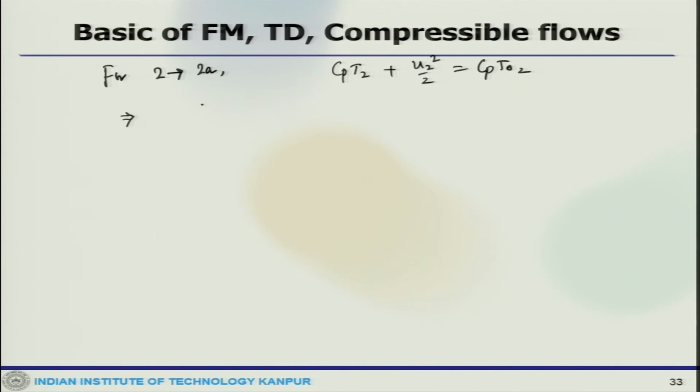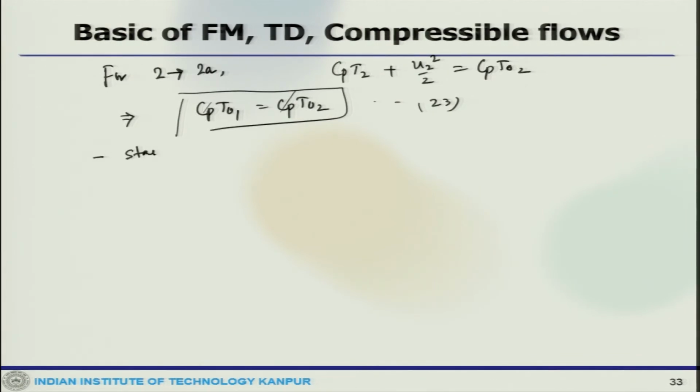Now, Cp T naught 1 is Cp T naught 2. So, that means what we get, the stagnation temperature remains constant